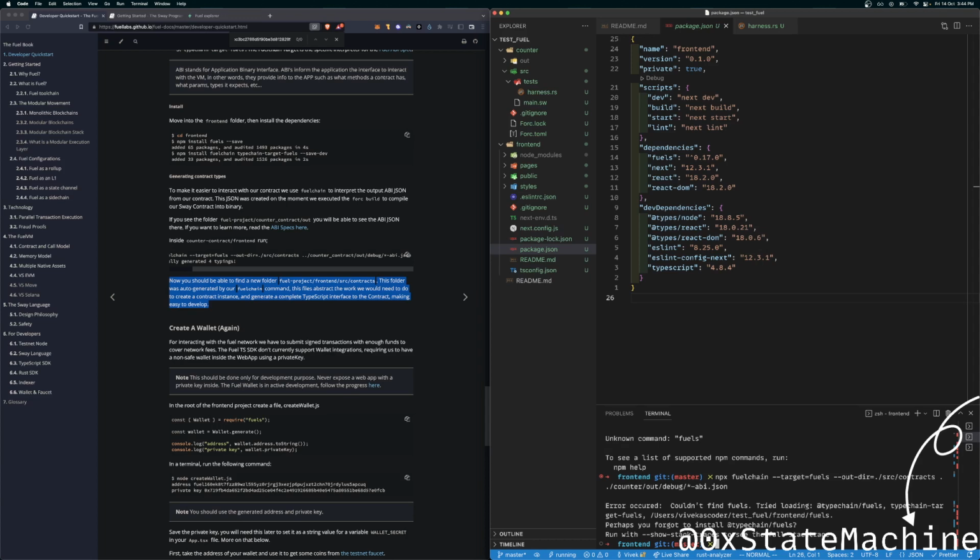Couldn't find fuels. Try loading this, and this. Do you want me to install it?